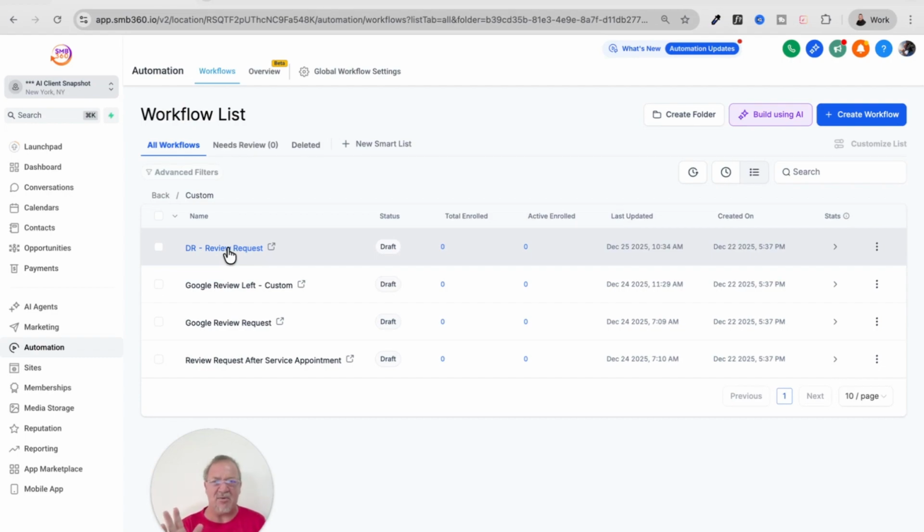There's some tweaking that you would want to do to this, but just in general, how this works. You can just simply say, okay, whenever you bring in all the contacts into the CRM system here inside of HighLevel, you can highlight all the previous customers and then send them a review request all at once. Now, I wouldn't suggest sending 1,000 all at once because then you're going to be getting